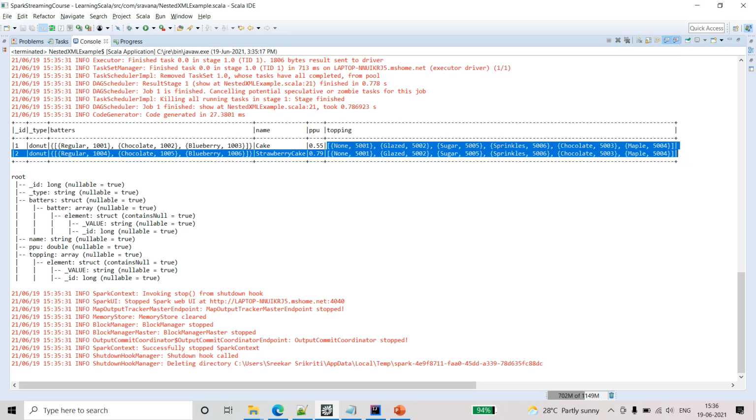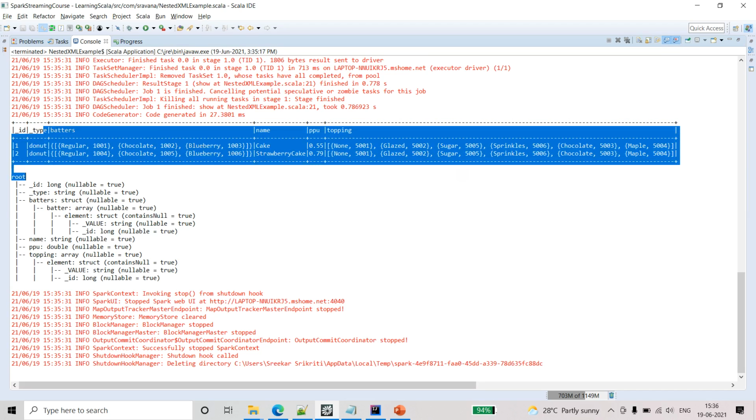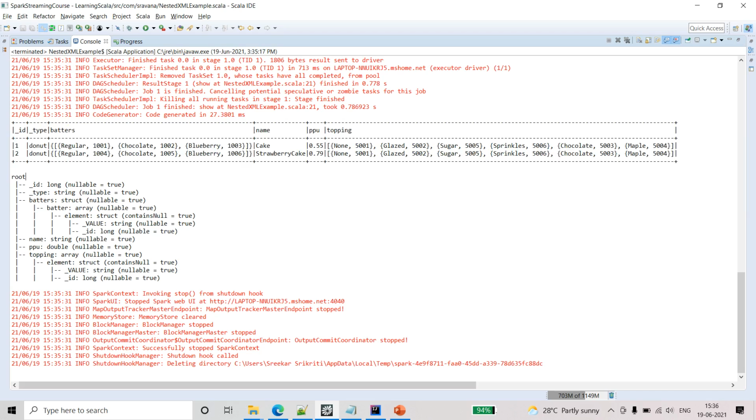So now how to flatten this structure? There are multiple ways using map, and we can do regex replace and so on, but in today's session we will see how to do this using the explode function. Initially, I have printed the schema as well.